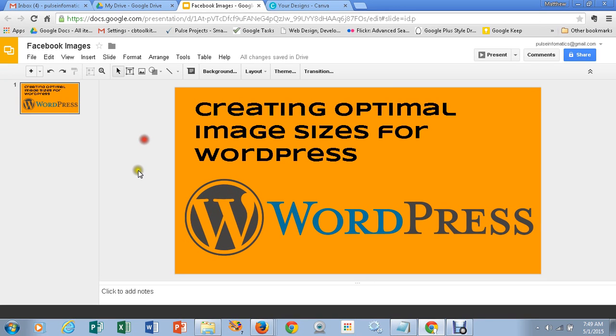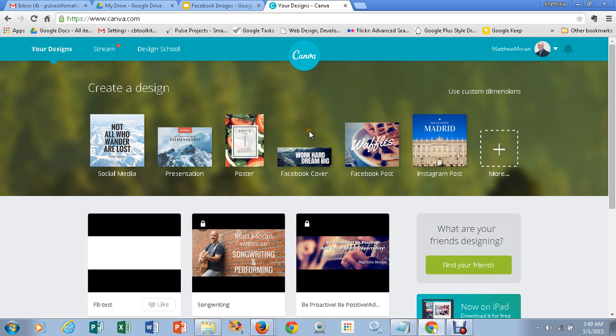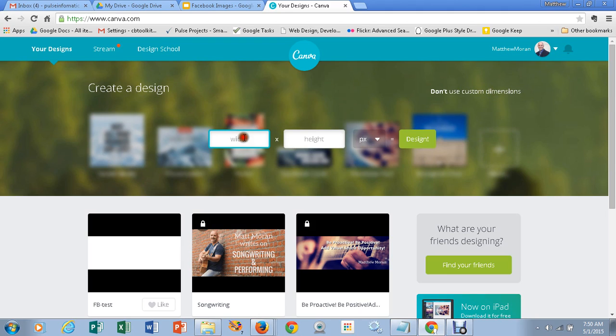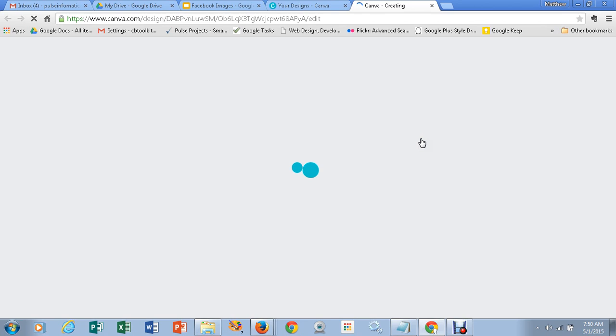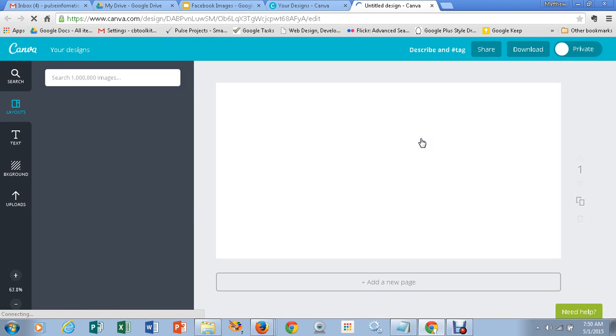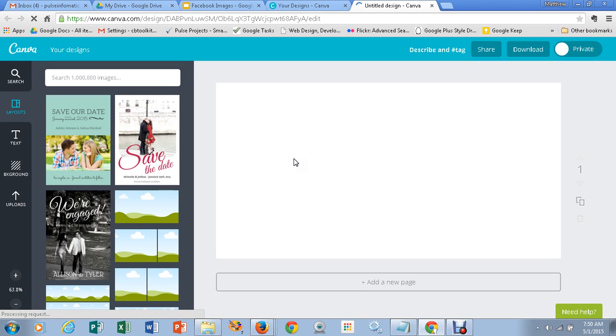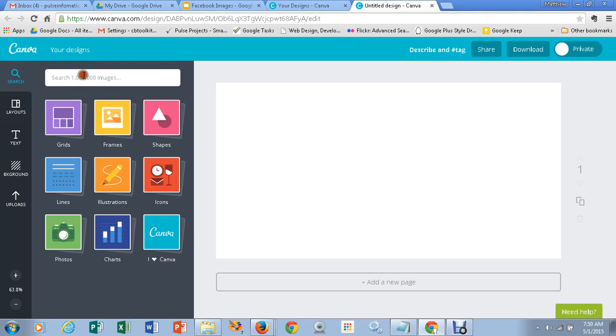Now, Canva, very similar. Canva has some more filtering options. So if I go to Canva, I can say this is the basic screen once you set things up. Use custom dimensions, brings up this. I say 1200 by 630 pixels, design it. Brings me into the Canva design tool. And they've got a number of kind of cooler features when it comes to what you can do with images. So first of all, they have a number of images you can search for. So I could say